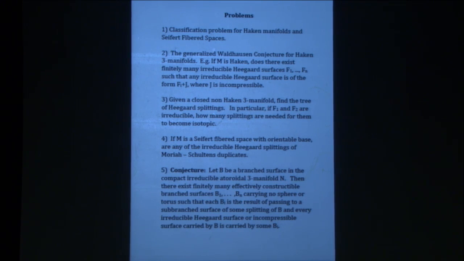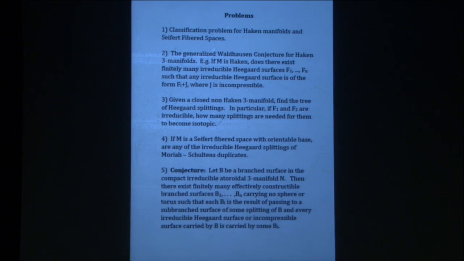And the second is there should be some generalized Waldhausen conjecture for Haken 3-manifolds, and I think versions of this are implicit in various works of Tao Li and of Moriah, Schleimer and Sedgwick. But here's maybe a question, which is, if you have a Haken manifold,